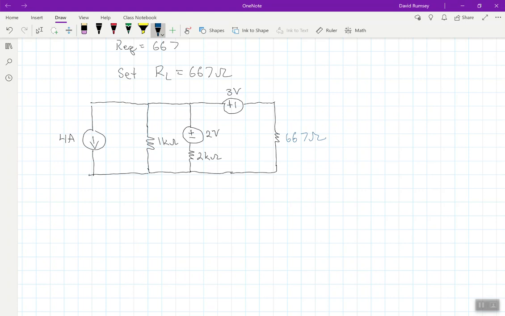And here I'm just going to do it at the end here, where you need to find then the power across the 667 ohm resistor, because we're looking for what power is being dissipated. Well, we could look at doing maybe nodal, but if I look here, how many nodes do I have? I've got 1, 2, 3, 4 nodes. Now one of them would be set to ground, but that would mean that I would have 3 other ones,